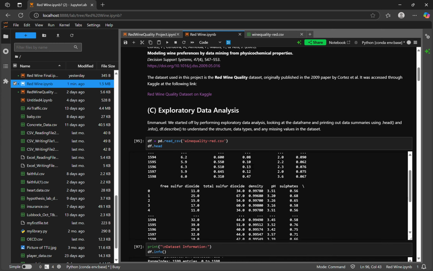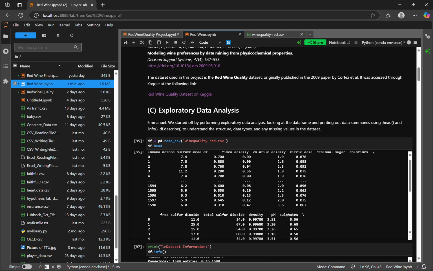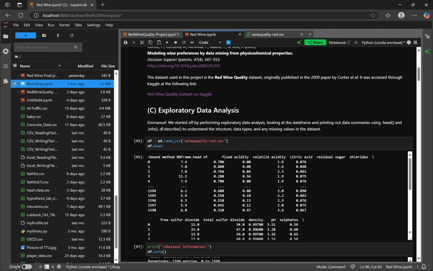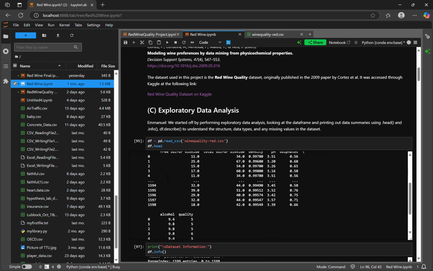We started off by performing exploratory data analysis, looking at the data frame and printing out data summaries using .head, .info, and df.describe to understand the structure, data types, and any missing values in the data set, as we were instructed to. And as you can see here, this is the information that was printed out for us